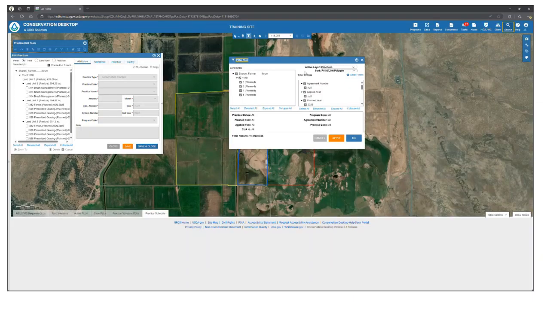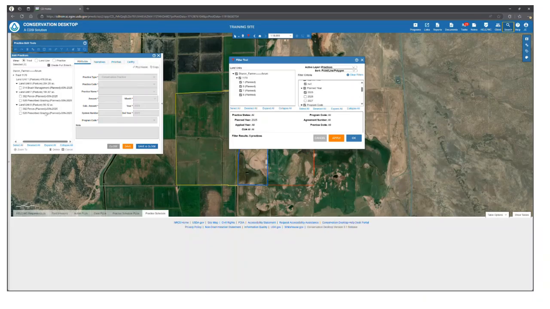So if I open up my filter tool, I'm going to filter my criteria to just look at those practices that are planned in 2025. So I'm fast forwarding. We've completed all the scheduled work in 2025, and now I want to go in and certify. So again, I'm deselecting everything but those that are in the 2025 planned year. So if I hit apply, I can then expand all,